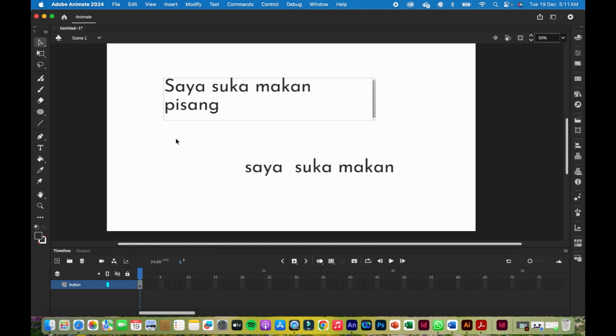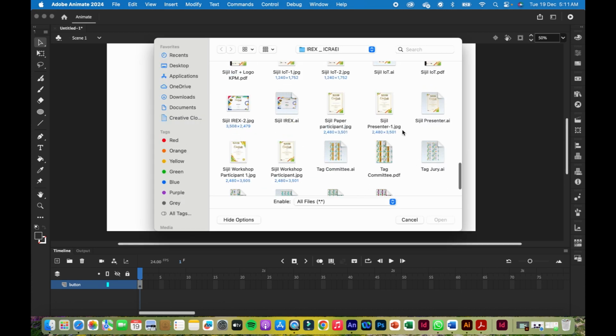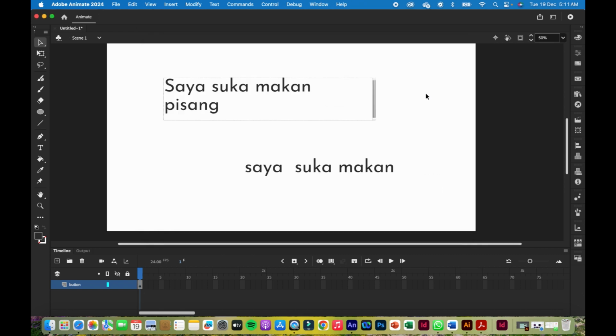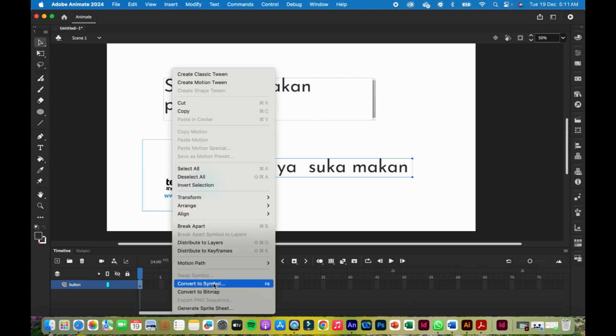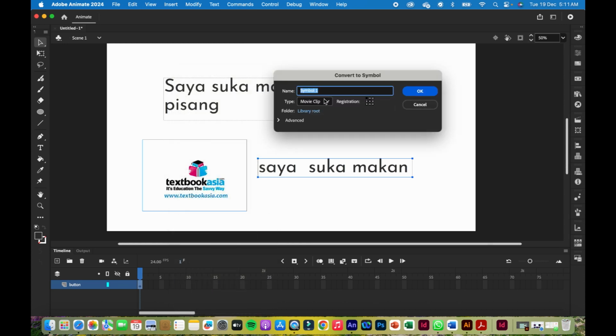You can import a picture and select both of the items and convert to symbol, which is F8, or right click and convert to symbol, choose